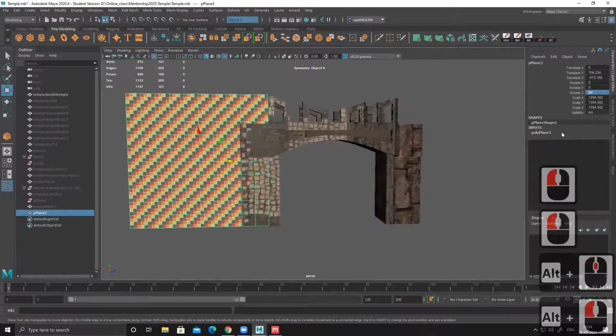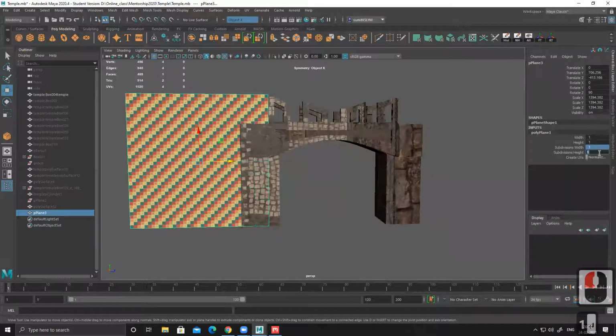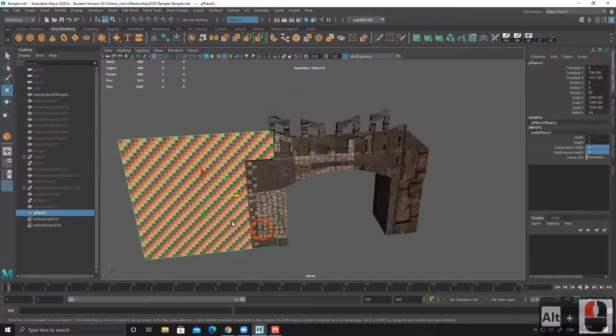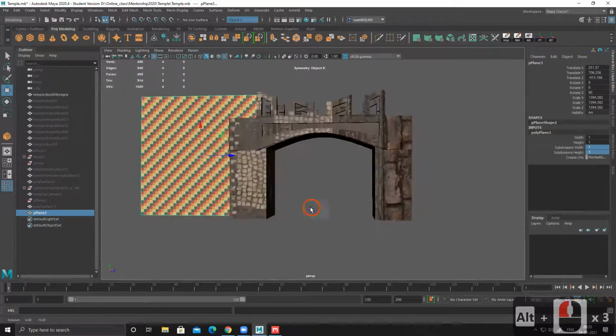So I just randomly placed one square. Size doesn't matter because this plane we are not going to use. This is just for planning. So I took one plane, and with this plane, I plan out this entire texture.